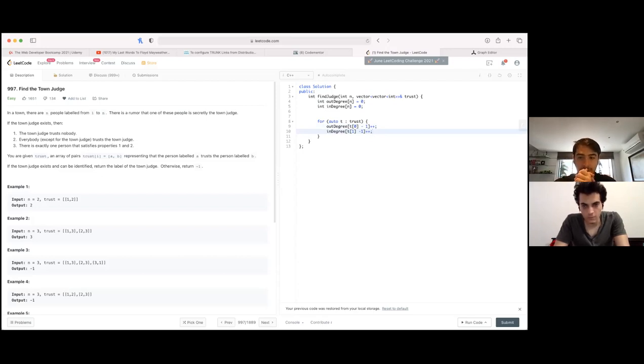Yes. So now the two arrays are populated, and then we need to go through the out degree array to find a person with 0, so that that person trusts no one,